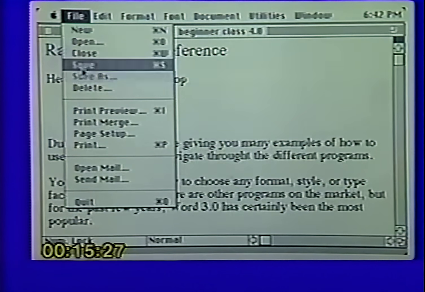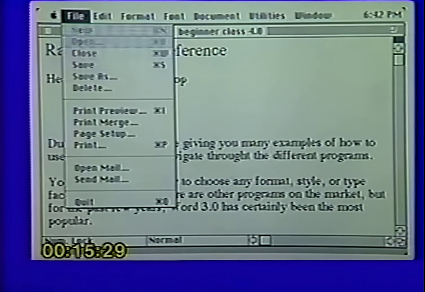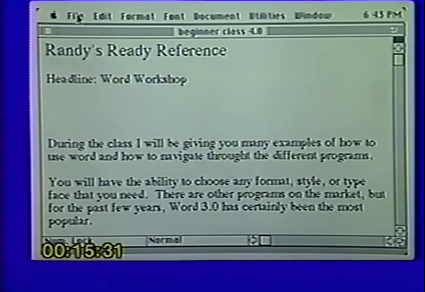All right, now the next two items on here, Save and Save As, I'd like to talk about just for a moment. I don't think that there is a worse feeling that anyone has ever had working on a computer than when they have just been typing for 3 or 4 hours. They've been doing probably their best work. I mean, this is their greatest hits. And you've been sitting here typing away and the creative juices are flowing. And all of a sudden, the lights get a little bright and then they dim and you hear an ominous ding. And you look down and on your screen is a little box.